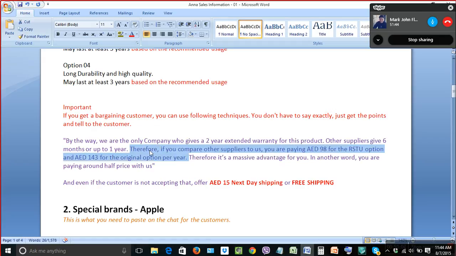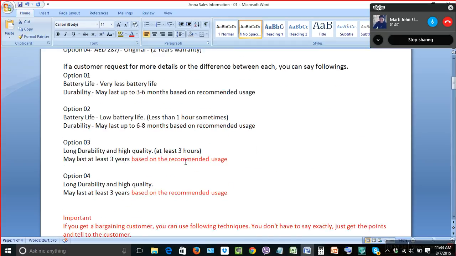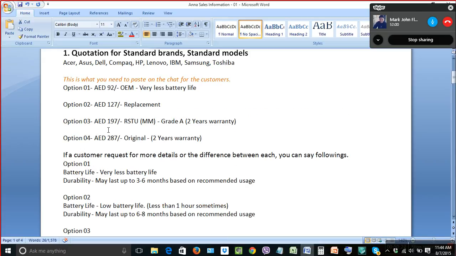If you buy from a supplier, you get only 1 year warranty maximum. With us you get 2 years warranty, which means if you look at how much you're paying, even if you're paying 197, compared to the market you're paying only half of it because we give 2 years warranty. You get the logic, right? So you can explain this to the customer if somebody is hesitating a little bit to buy it,